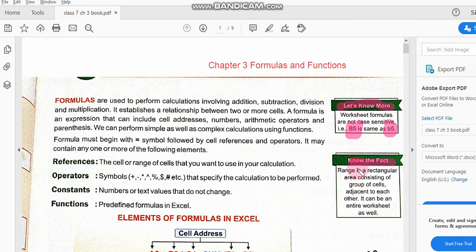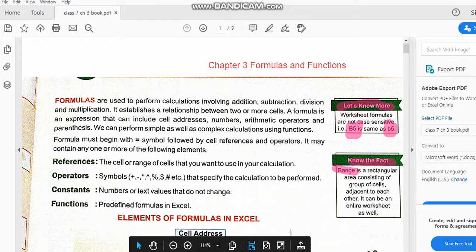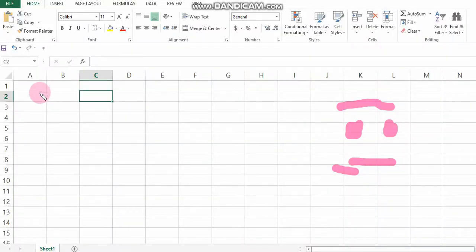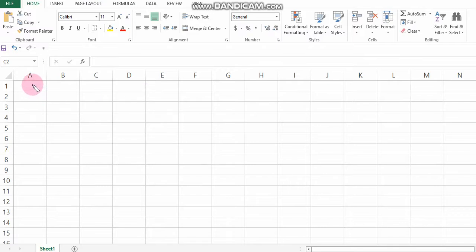Next is range. Range is a rectangular area. I already discussed it in the previous video in the chapter. It is a group of cells together. For example, if I select some of the cells from A1 to A8, this is called a range.